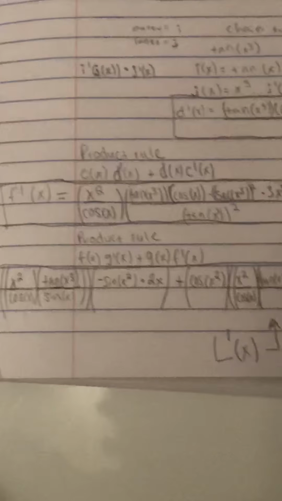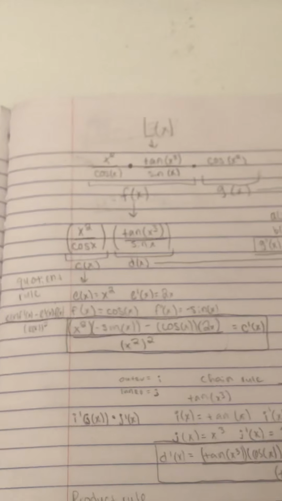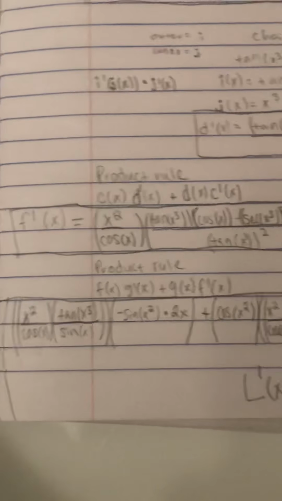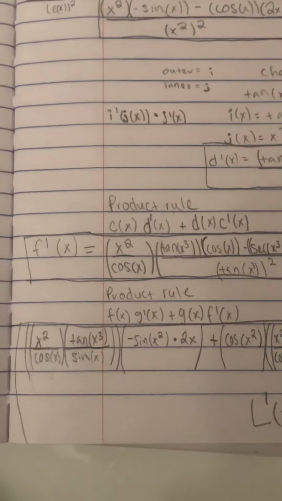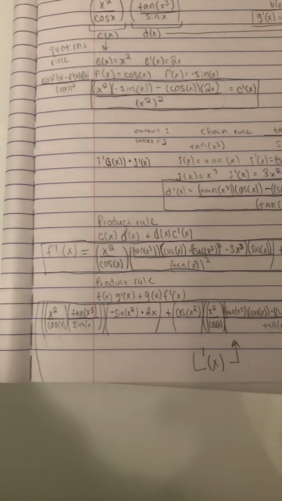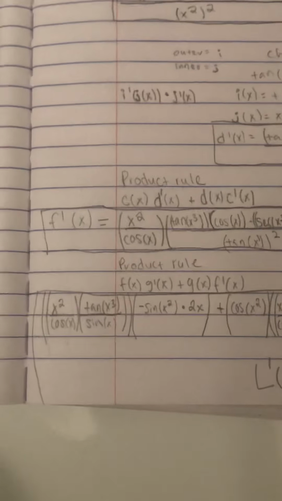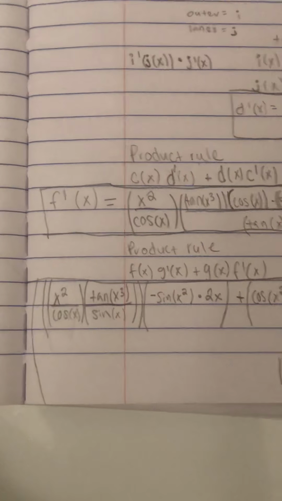And lastly, we use the product rule again to find the derivative of L of x, which would be f of x times g prime x plus g of x times f prime x. And for that, I got a really long equation, which is x squared over cosine